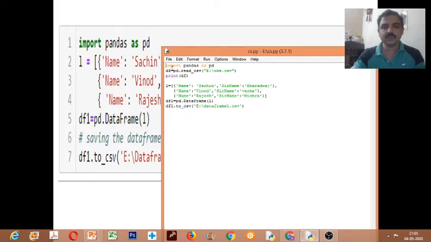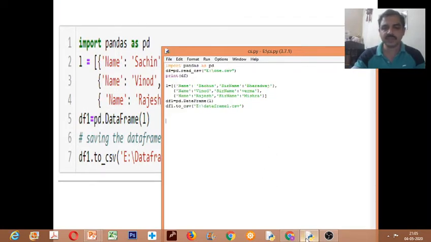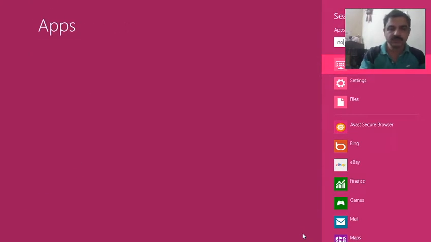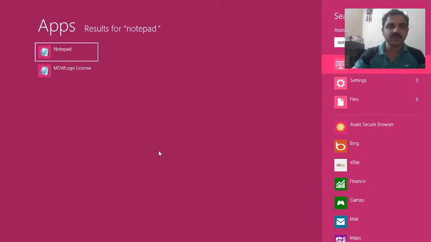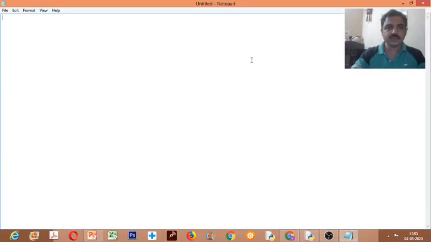First, let us create a CSV file. I'll open a notepad. In notepad, I'm writing serial number, comma, name, comma, age.